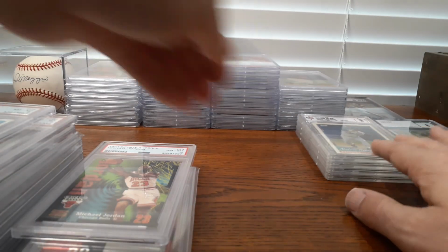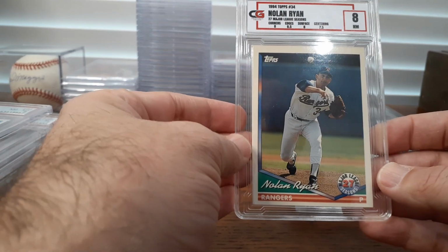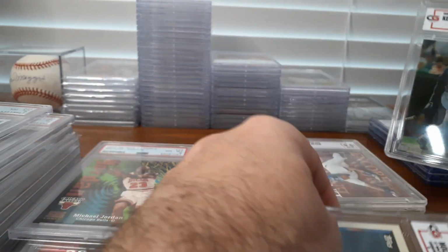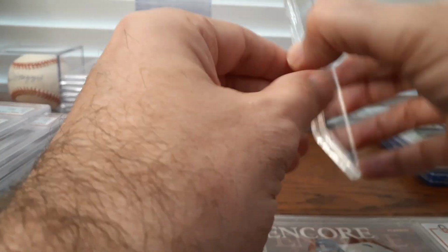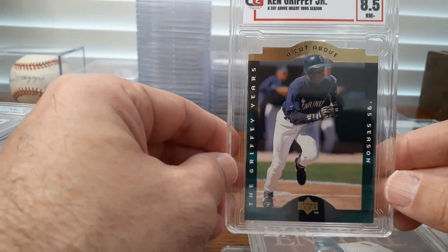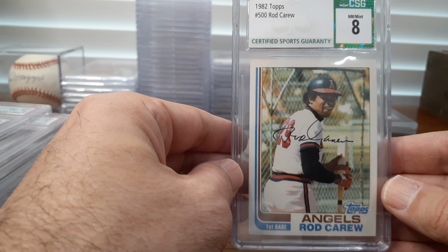And then I just got these in today. I don't even know what this CG grading company is, but I got these from a Probstein auction real cheap. Couldn't pass it up. Basically what I would pay for the cards raw. So this is the Sports Flicks Pinnacle Jeter, and another Griffey. It's getting to the point where I'll buy Griffeys in other grades just because I want to get Griffeys, but I don't want to pay what everyone else is paying. And then lastly, a couple of CSG cards, the '82 Carew,